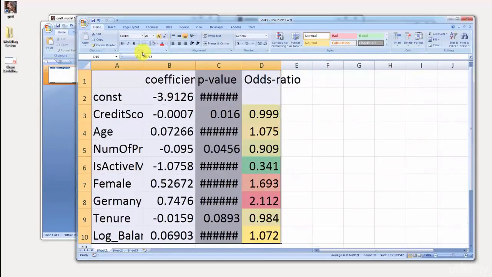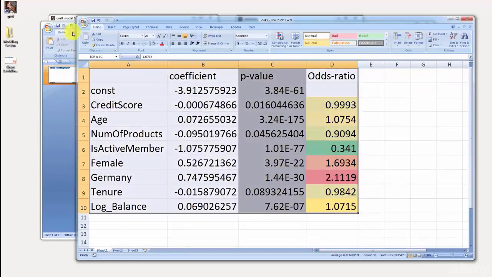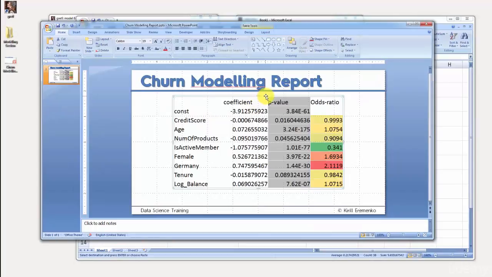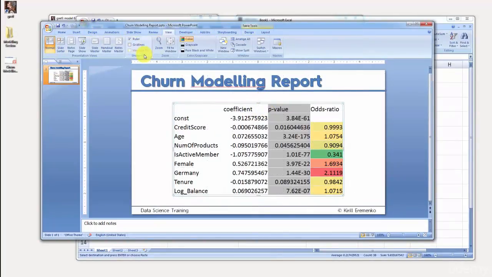And I'm going to just increase the size a bit, make some space, zoom out. Let's copy that and let's paste that in. So there's our report. Maybe where's view, grid lines? No. So there you go. So that is the report that you'll be sending off to your manager, and maybe you can add some footnotes